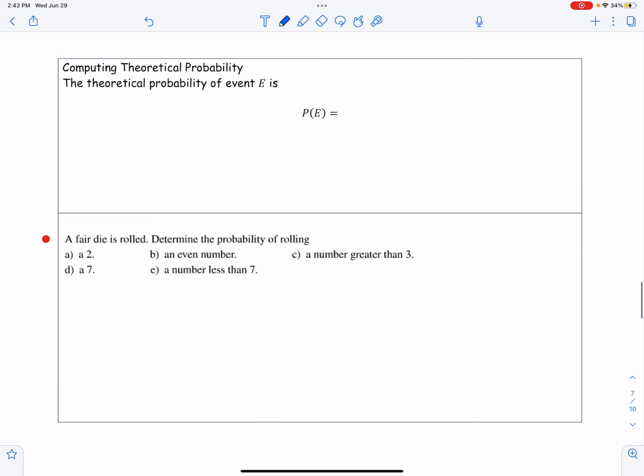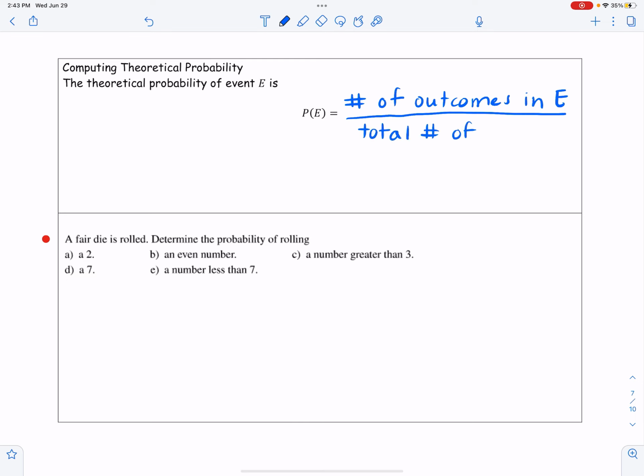All right, so let's look at a couple examples here with theoretical, and then I'm going to give you some examples that I want you to go through and try on your own. All right, so theoretical probability is written a little bit differently, but it's the same concept of count the event and divide by the total. All right, the main thing here is because we're not basing it on data, what we're counting is going to be the number of outcomes in our particular event. Not how many times did it happen, but how many times could it happen, possibilities. And then probability is always dividing by the total number